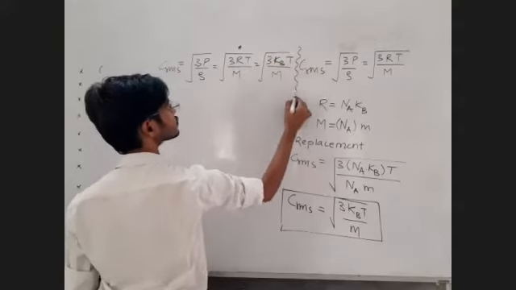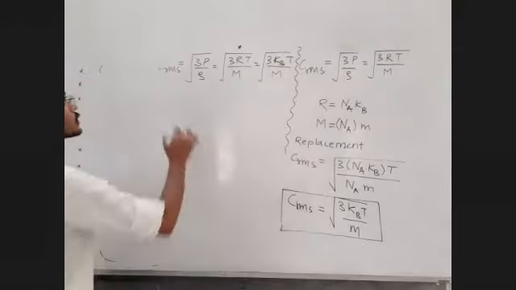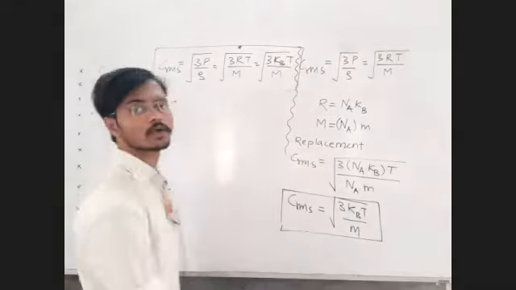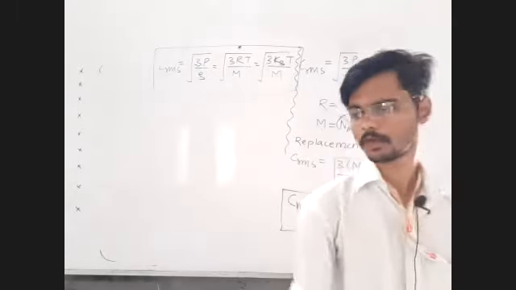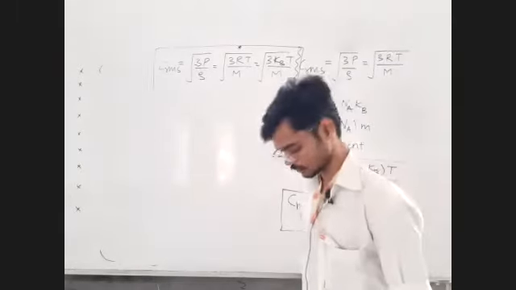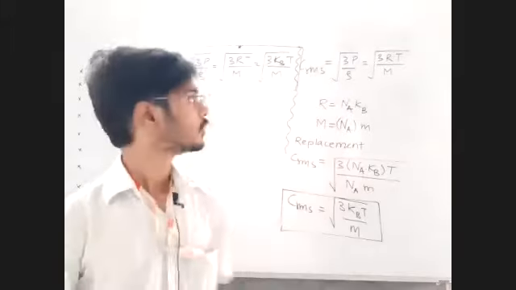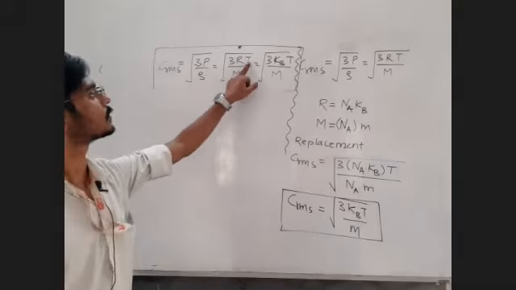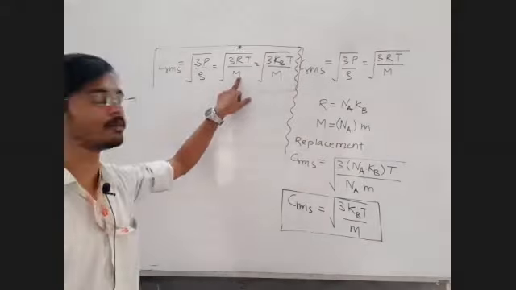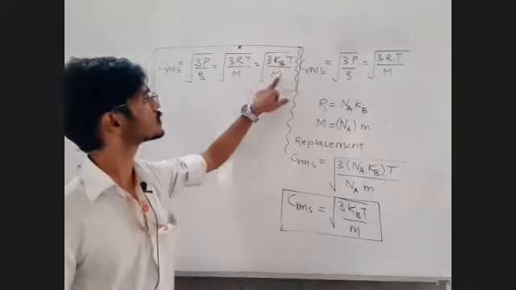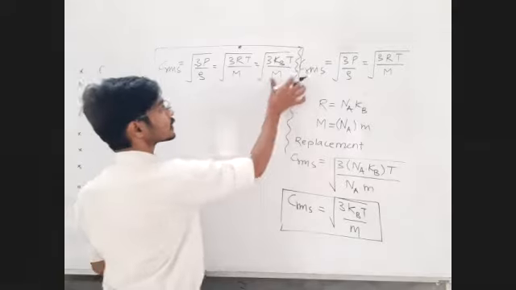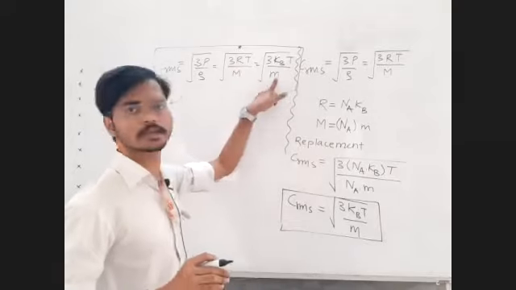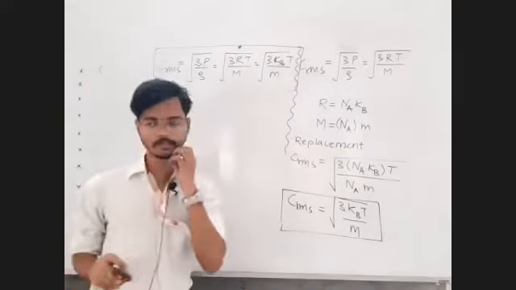Okay, this completes all types of variations of formulae for CRMS. Online people, just let me know in the chat box after writing this clear and written so that I can move on to the next point. If pressure and density are given, if temperature and name of the gas is given, if mass of... I think I made a mistake. What shall I write here? Small m I shall write there. When the temperature and mass of single molecule is given, in that case I shall write small m.